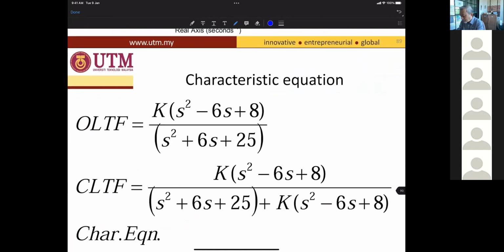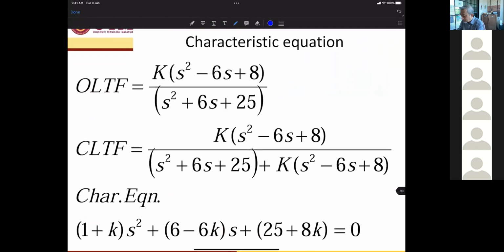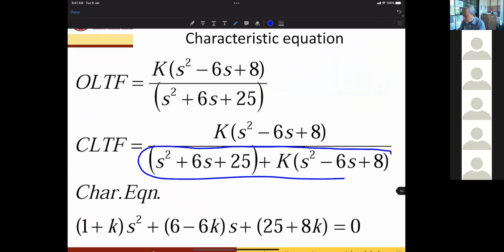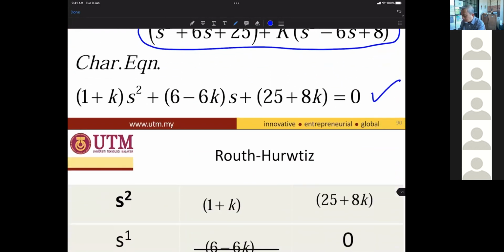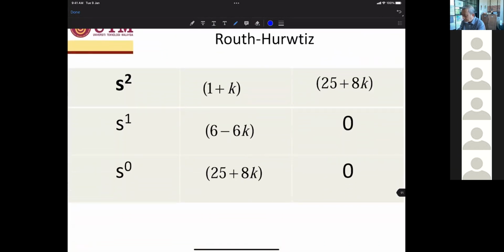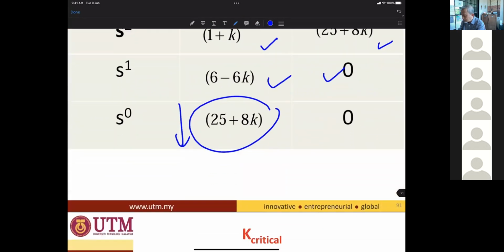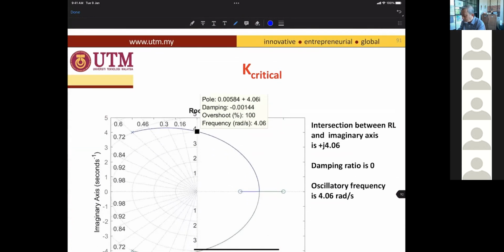Okay. Then this is the drawing. Okay. So ni bukan breakaway point, is a break in because the locus enter the point and then ended at zeros. Jangan tak tahu beza BIP dengan BAP. Then the characteristic equations from the closed loop is here, equal to 0. Then masuk dalam row twist. Then continue the fill up, you get 25 plus SK. So dia berlaku dekat sini J 4.06. Okay, the cross sections between root locus and imaginary, and the